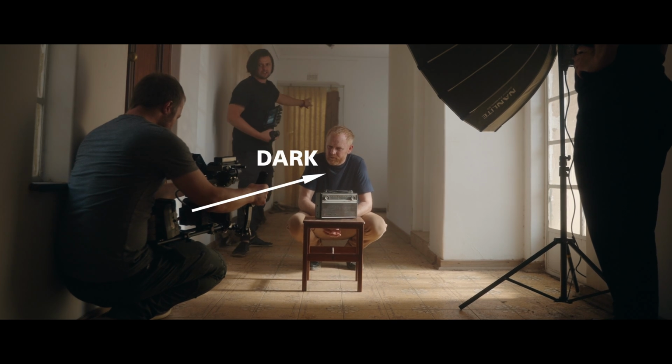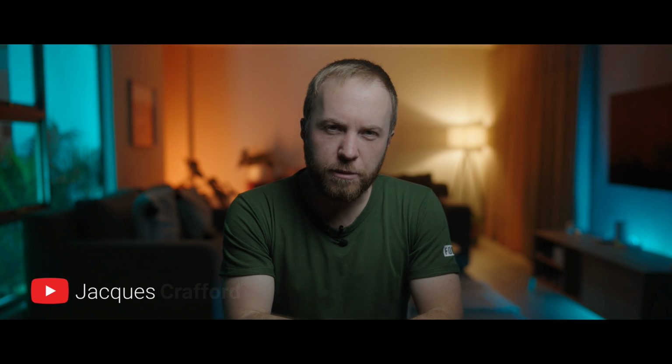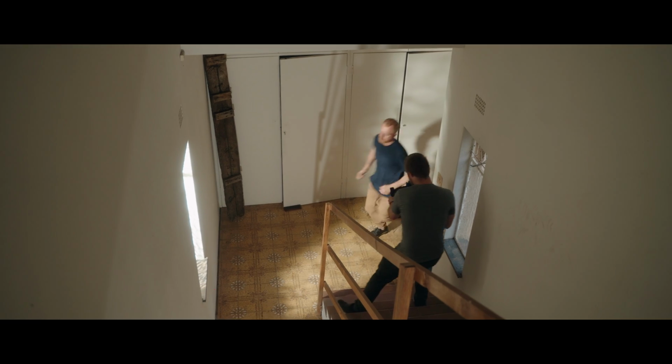Shoot from the shadow side. Use color contrast. Use negative fill. Sure, these are essential steps to obtaining more depth in a scene, but in this video I'm going to break